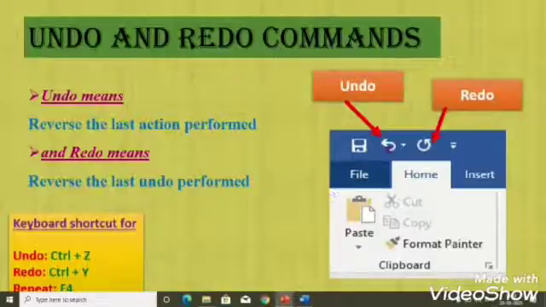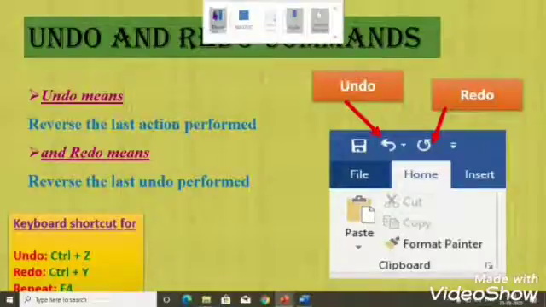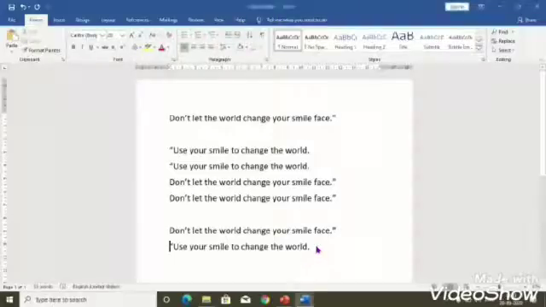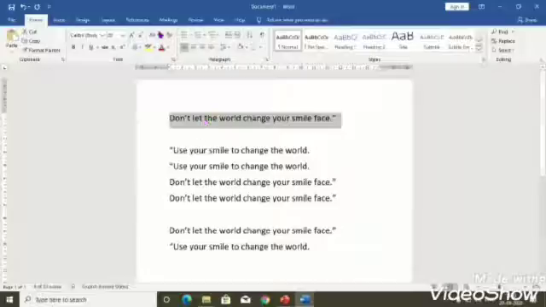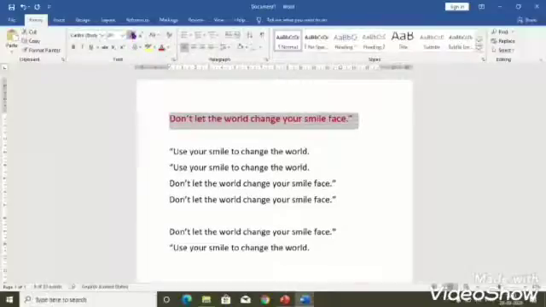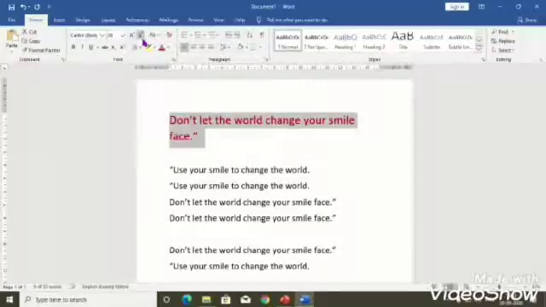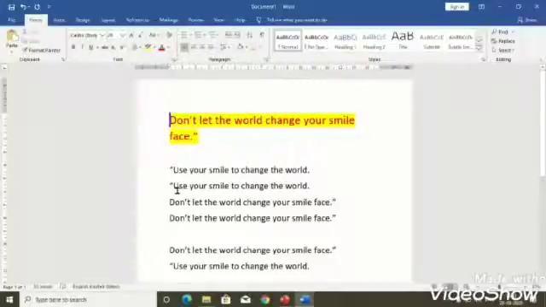Okay, so see here, this is the undo and this is the redo option on the quick access toolbar. So we again come to the Word document, and here we select any text, and then we perform undo and redo commands. I change the text color to red, and I make the font size big. I also select the text highlight color yellow. But we don't want this yellow color. Then what do we do? We press Ctrl plus Z.